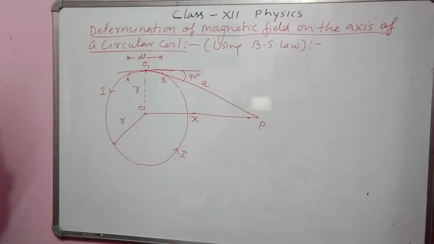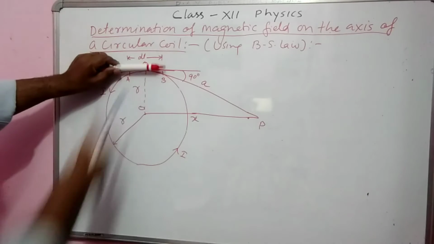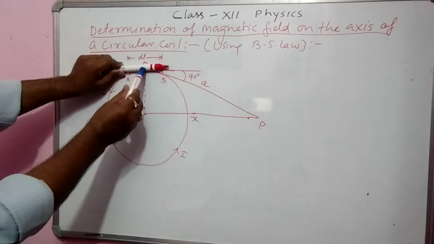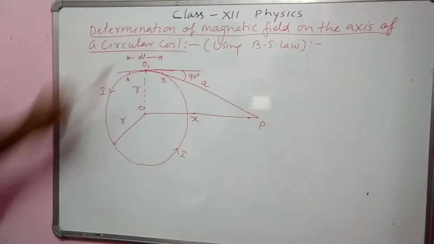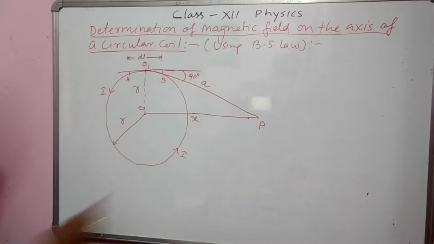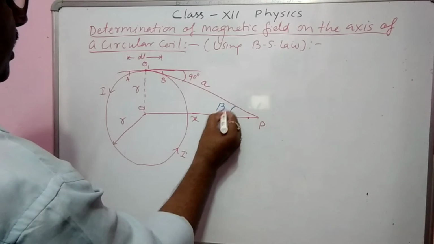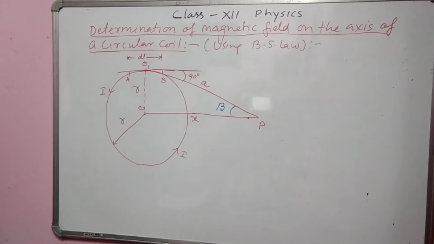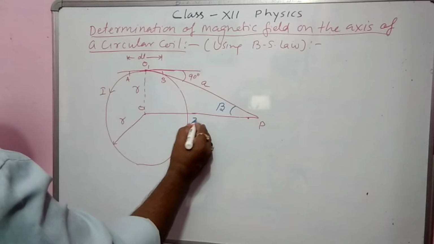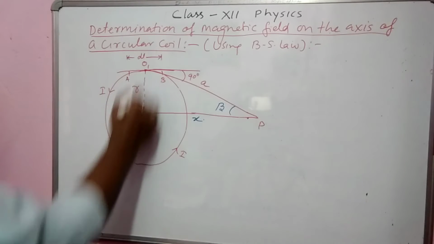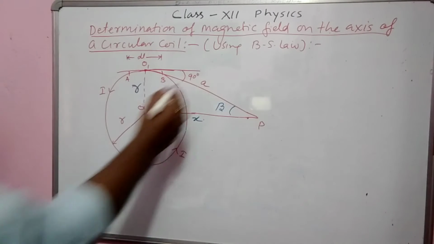You have to think of it in three dimensions. It is tangent like this, and the line is along this direction. So the angle between these two marker pens is 90 degree, and that is why this is taken as 90 degree here. This angle is taken as beta. This distance is r.